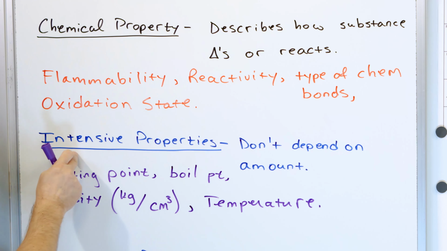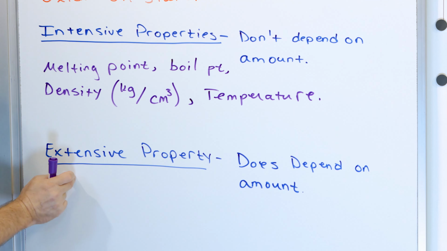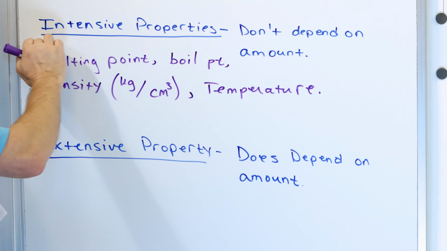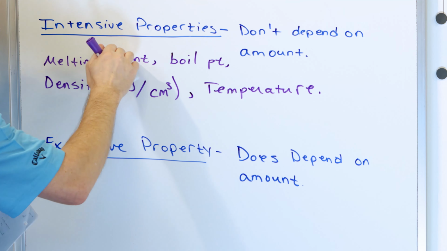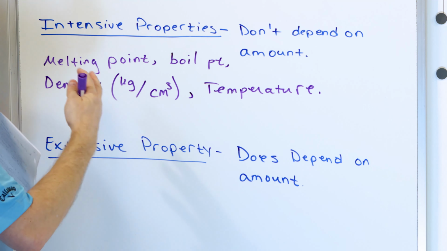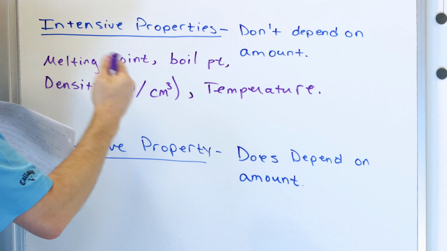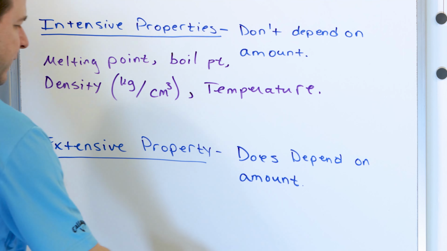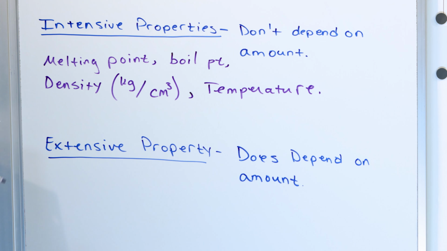So these are called intensive properties, okay? You can compare that with the word extensive. Extensive is sort of like external. Intensive is sort of like internal. So these are like internal properties that are just properties of the substance. It doesn't matter how much of it you have. It's just always going to be true for however much of the stuff that you have. Most of the properties you think about are intensive. But we do have properties that are extensive in nature.